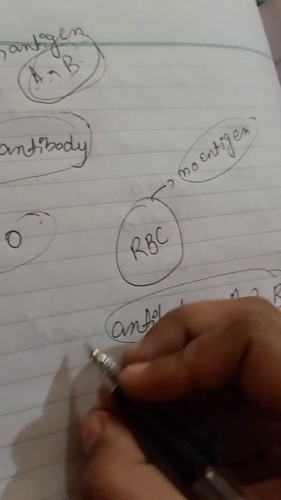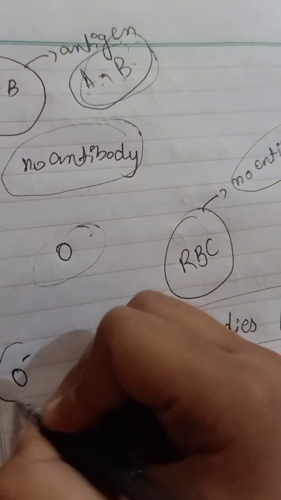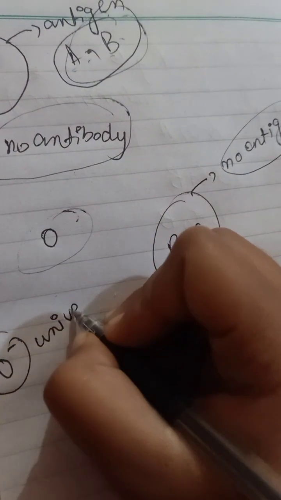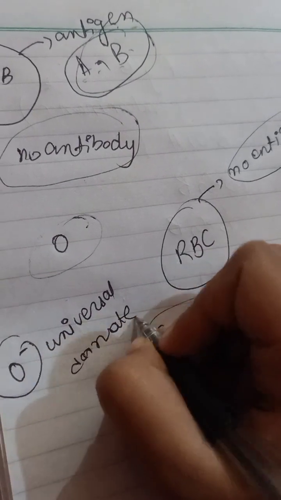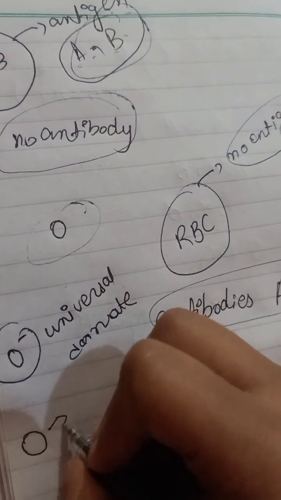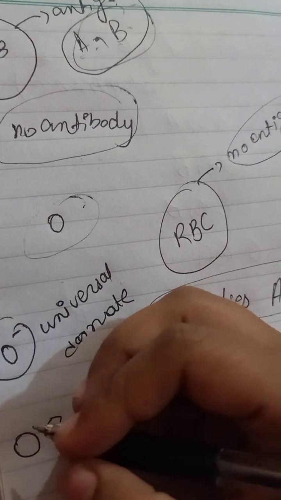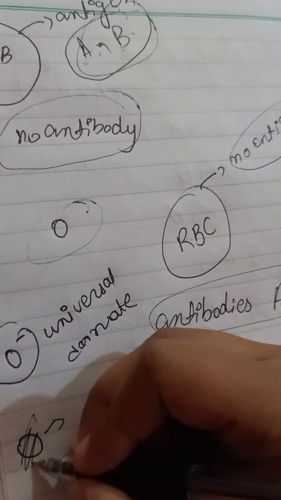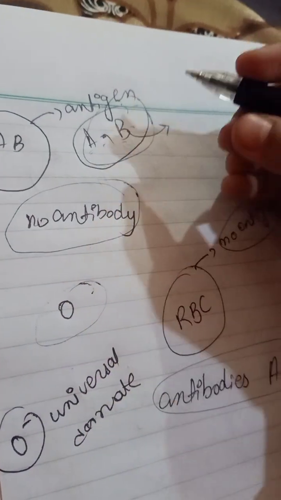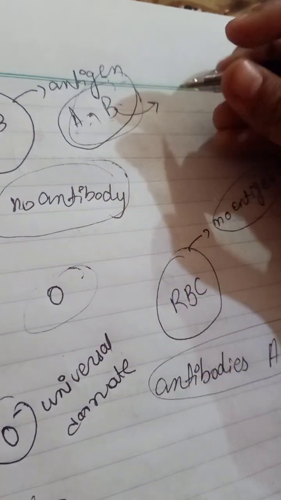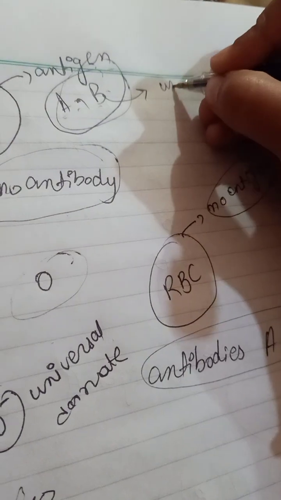We call O negative the universal donor, which means they can donate blood to any blood group. O positive I'll tell you in the next video. If any person has blood group AB, they can take blood from any blood group. They are the universal